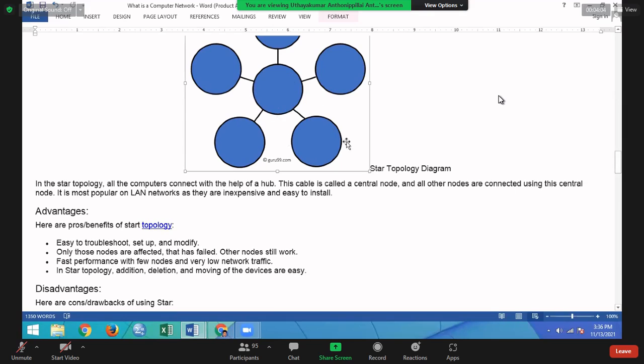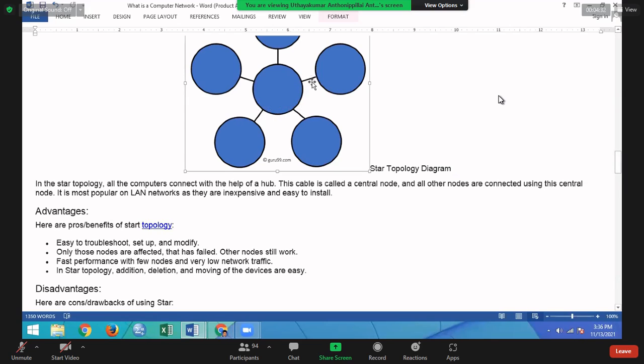Could you understand what I say? The traffic is reduced. Otherwise, in the ring topology, A passes the message to B, B passes the message to C, C passes it to E, then only the particular person can get the mail. Here, A sends the mail to the server, the server checks which address is denoted, and the matching person only can receive the file. That's all. No more traffic problem, right?